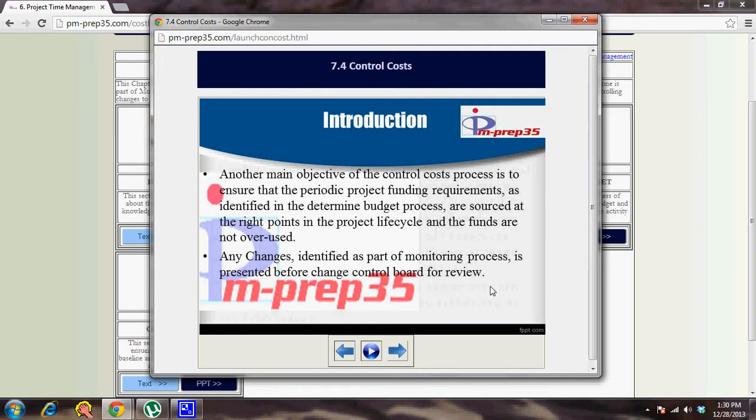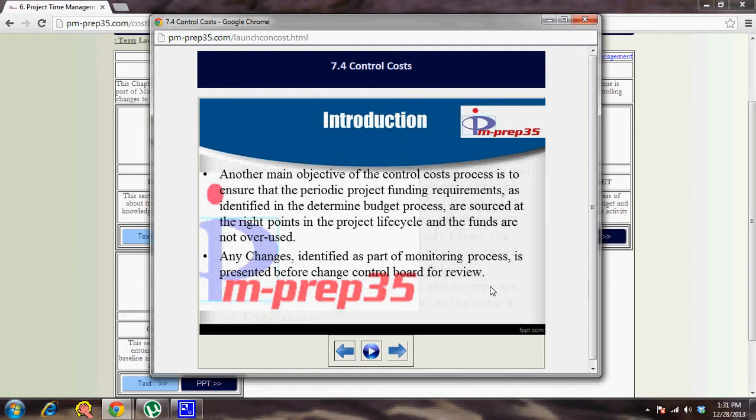Another main objective of the control cost process is to ensure that the periodic project funding requirements, as identified in the determine budget process, are sourced at the right points in the project life cycle and the funds are not overused. So that is another important aspect of this particular process, wherein you check for project funding requirements and alert the right sponsors at the right point of time, depending on what phase needs what sort of funding from which source.